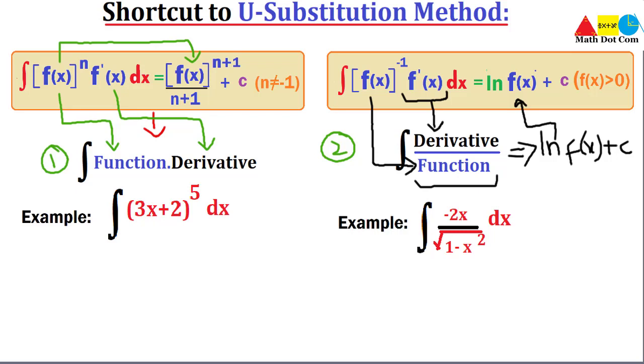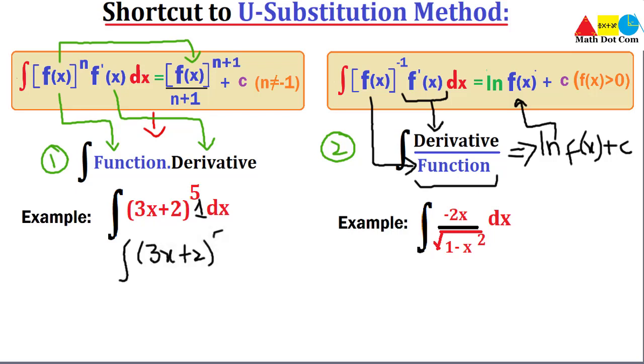So you must have 3 here, but currently what you have is 1 here, that is multiplying with the function, but you don't have 3. It is not a big deal to have 3 here. Whenever you want to put a constant in some function to make it in a form that a formula can be applied, you just multiply and divide by that constant. So we just need to multiply and divide this function by 3 to get it in the form that we want.